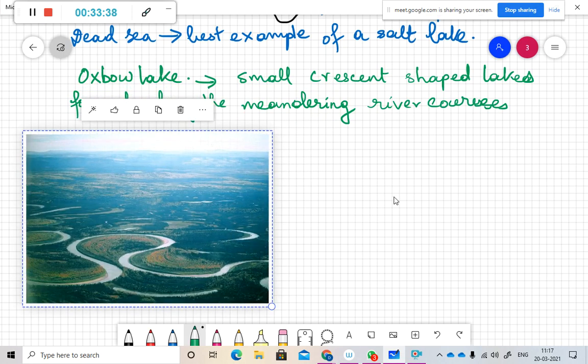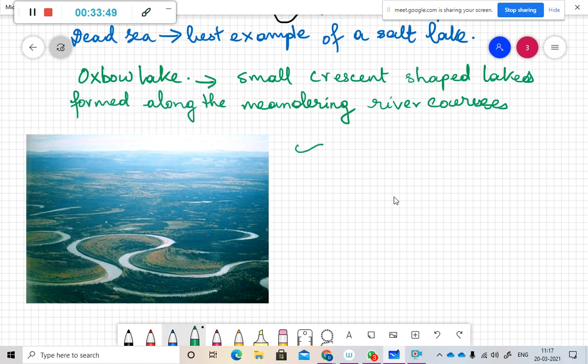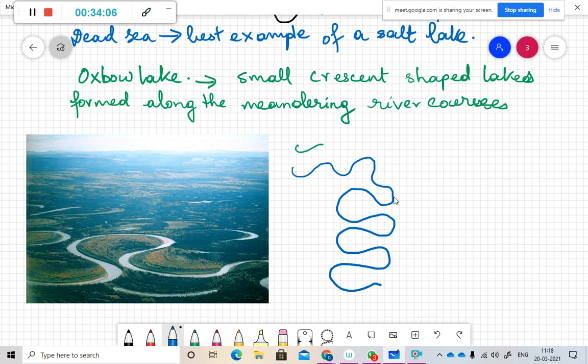So when the river is in its end course, say for example, let's draw it in blue. The river is flowing like this. When it comes towards the end, it starts to form meanders. This is meandering of a river. It moves right, left. This is called meandering. So while it's about to reach the sea, then suddenly it happens that this river